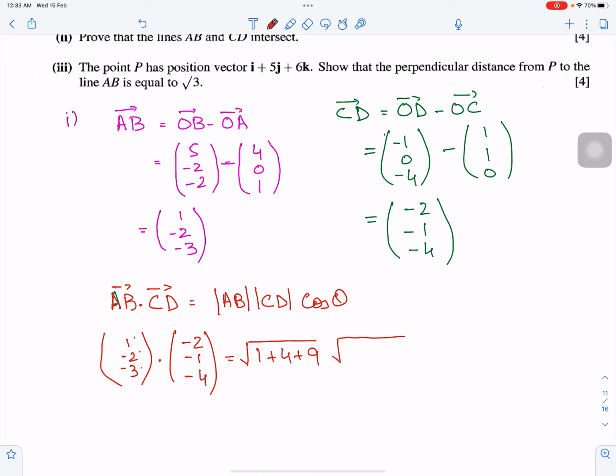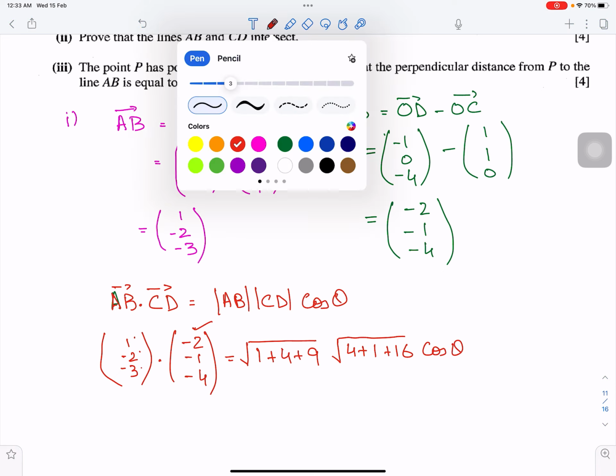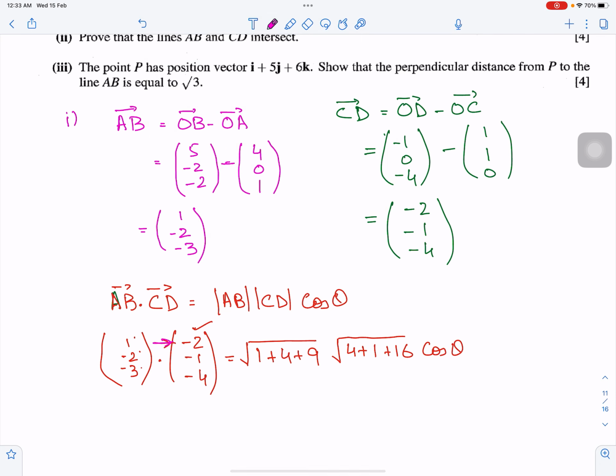For the modulus of CD, minus 2 squared is 4, minus 1 squared is 1, minus 4 squared is 16. Now in the dot product we multiply x by x, y by y, z by z. So minus 2 plus 2, because minus 2 times minus 1 is 2, and similarly 3 fours are 12. This one will be 14